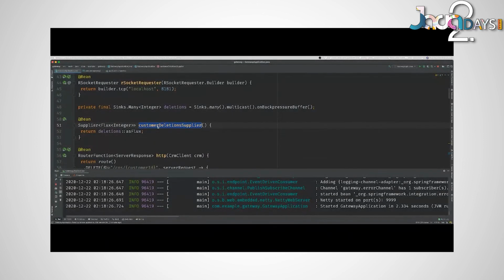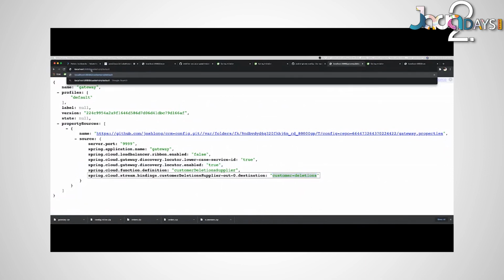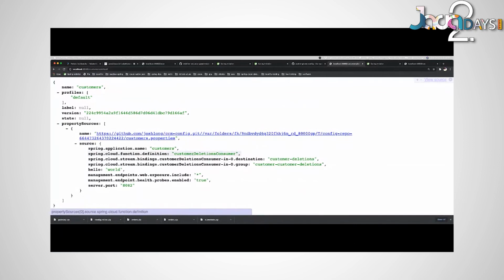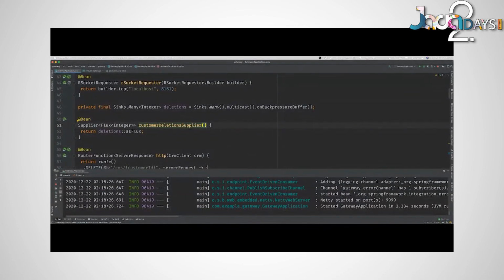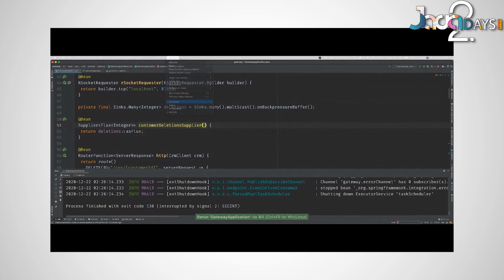Let's make sure that's the same thing. Yep. And it's going to point to this destination in the RabbitMQ broker. Okay. Now, what about the consumer? Let's say I go to the customers endpoint. I want to consume the event. So it's looking for a customer deletions consumer bean. So let's go ahead and restart the gateway. Okay. And we'll go to this side.